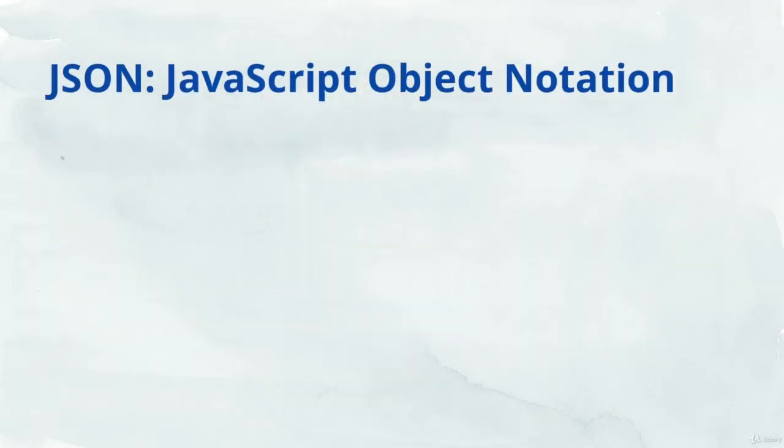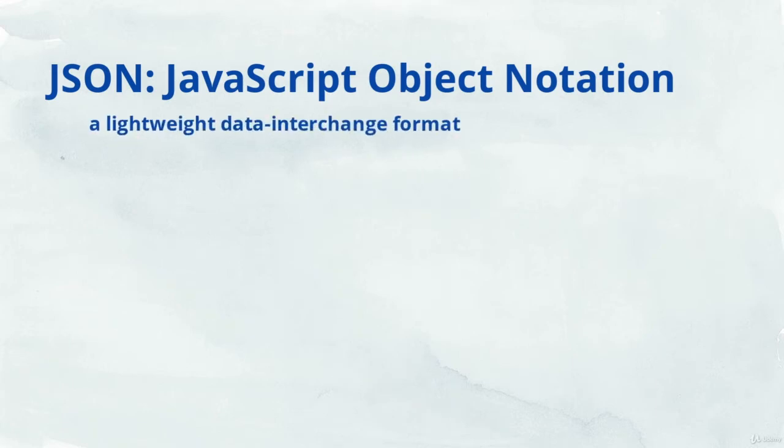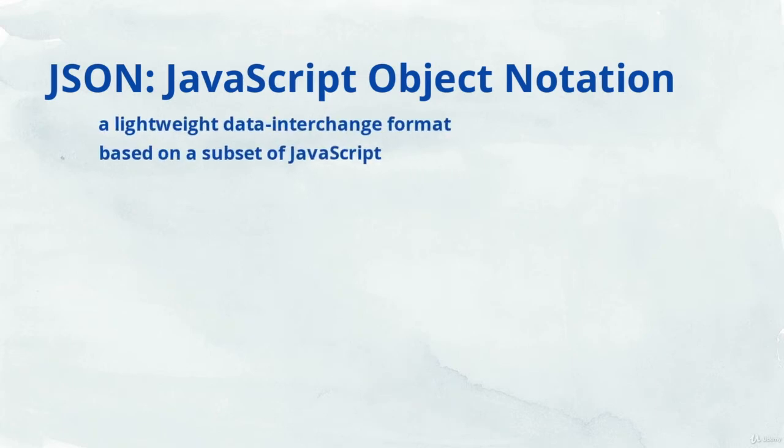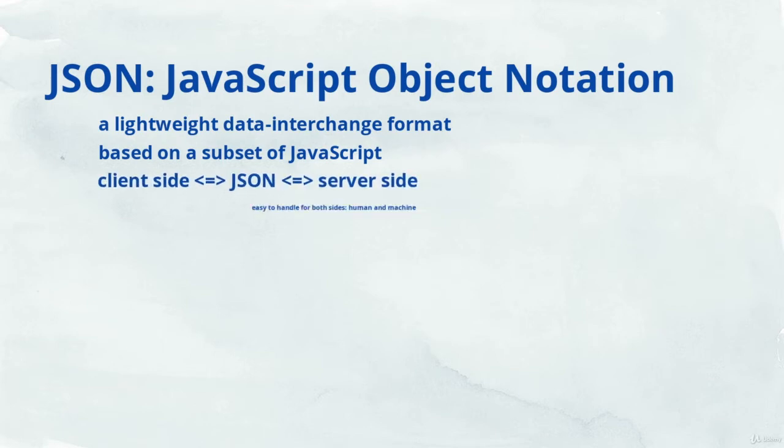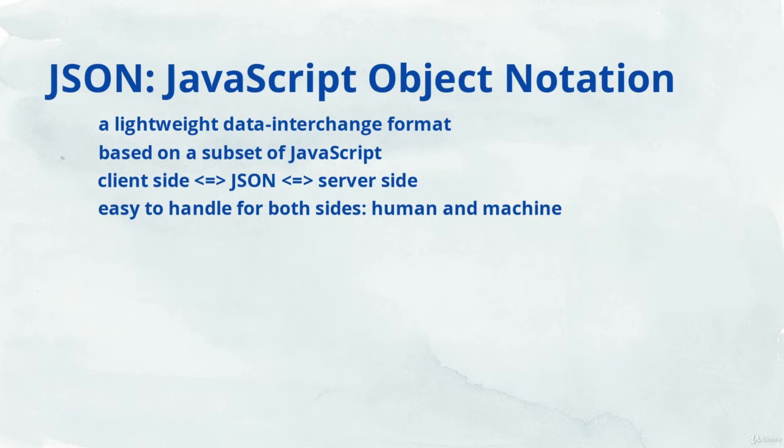JSON stands for JavaScript Object Notation. It is a lightweight data interchange format based on a subset of JavaScript. We use it to exchange data between the client side and the server side. Compared with other data interchange formats like XML, JSON is easier to read and execute, so both humans and machines